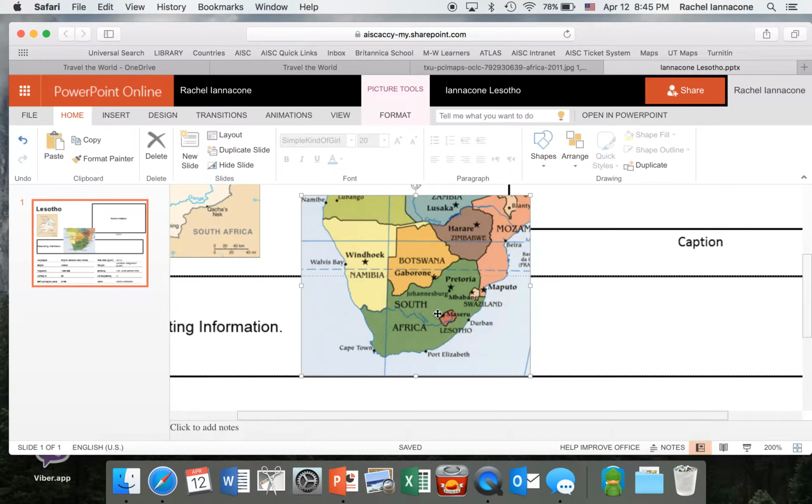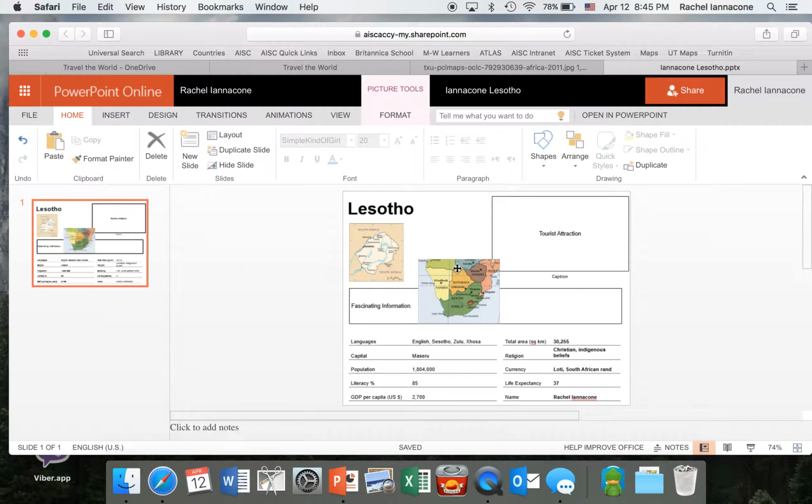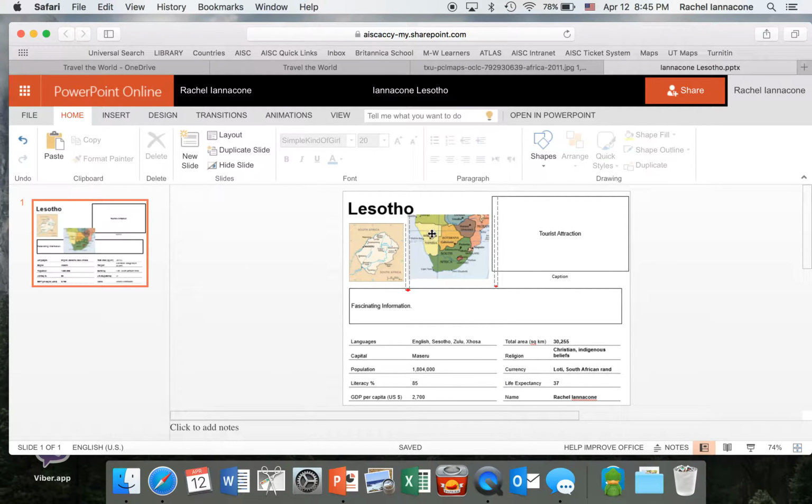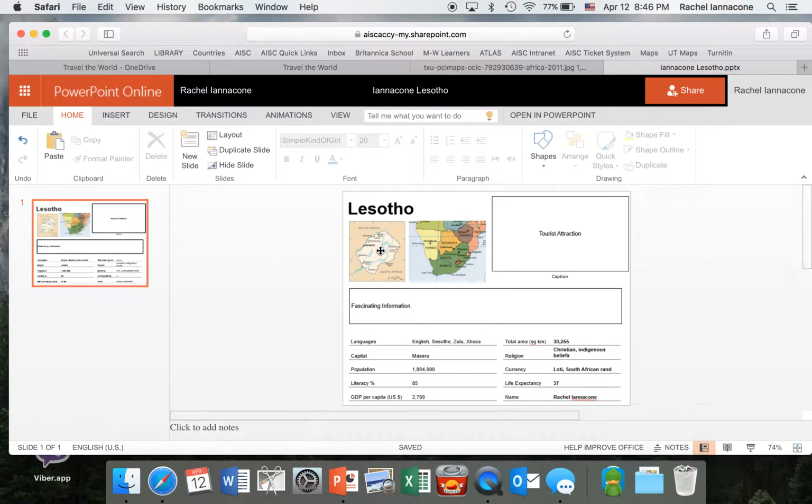Okay? So now I'm going to go back to my other view, make my view a little bit smaller, and I want to place this next to my other map. Now, I would like my maps to be the same size, so I think I'll make this one a little bit bigger. And maybe I want this one to be a little bit smaller. So when those red lines and the other lines pop up, they're telling me, now I have my map of,